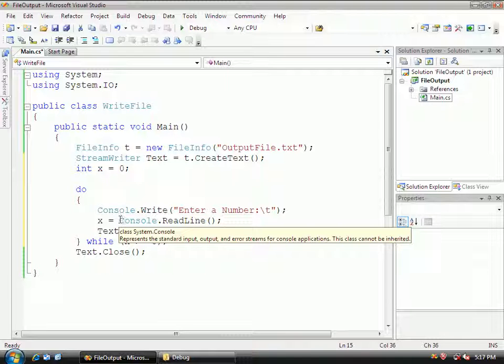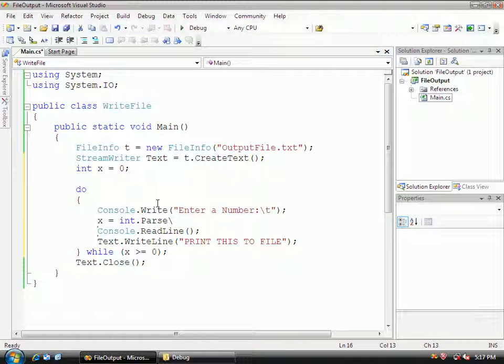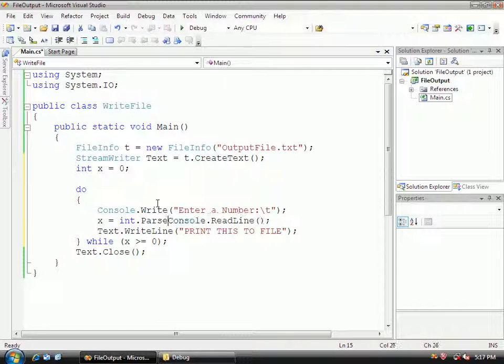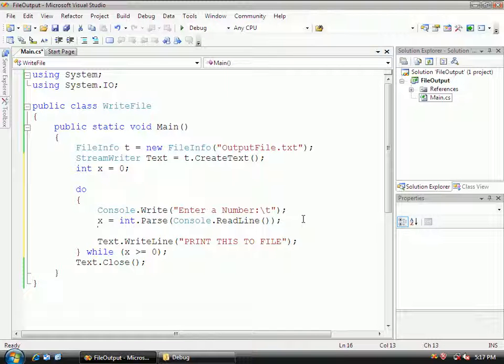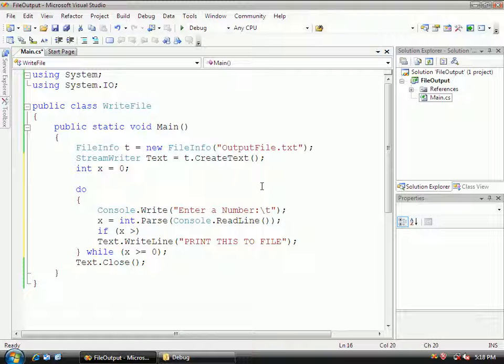Because it's going to be coming in as a string. So we'll do int dot parse and encase the ReadLine within parentheses. So now we're going to take in an x. So we're going to grab this x, and then we're going to check the x. We're going to say if x is greater than or equal to 0,